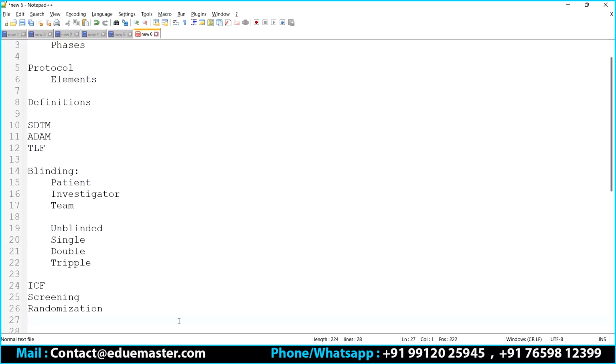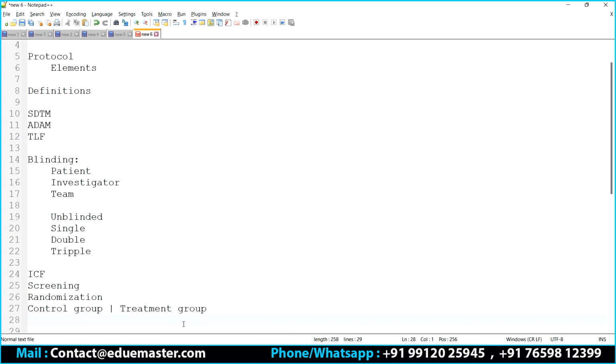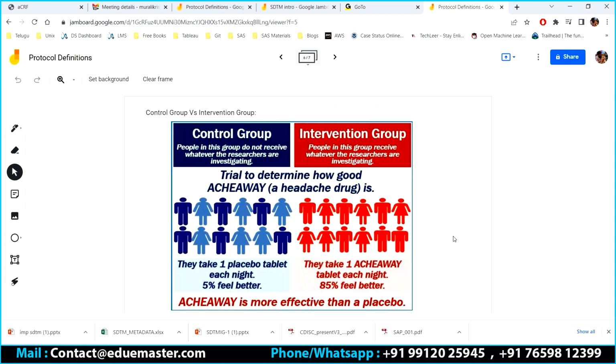we also talked about two things, the control group, because we are going to do the grouping. The control group is one, and what is the other one, guys? Anyone? Treatment group. What is the other name for it? Anyone? Exactly. You can call it the intervention group, or the investigation group. A few books also refer to it that way, because they are using the investigation drug.